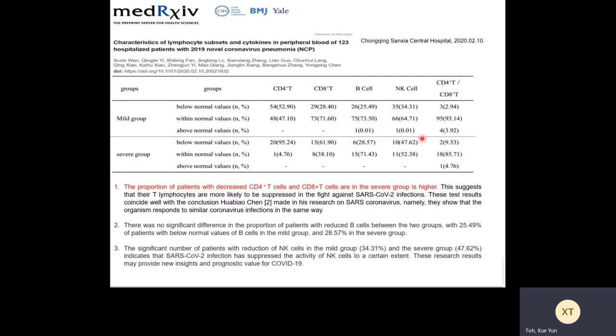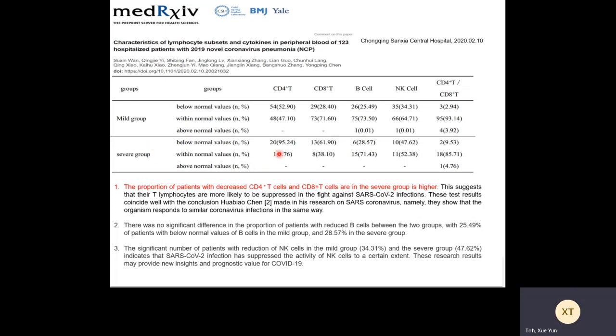Now that we know a little more on how TB NK cells are involved in an infection, let's look at how some labs in China use immune monitoring to assess COVID-19 patients. In a recent study at Chongqing Sanxia Central Hospital, they segregated 123 COVID-19 patients into two groups: mild symptoms and severe symptoms. The proportion of patients with decreased CD4 T cells and CD8 T cells in the severe group is